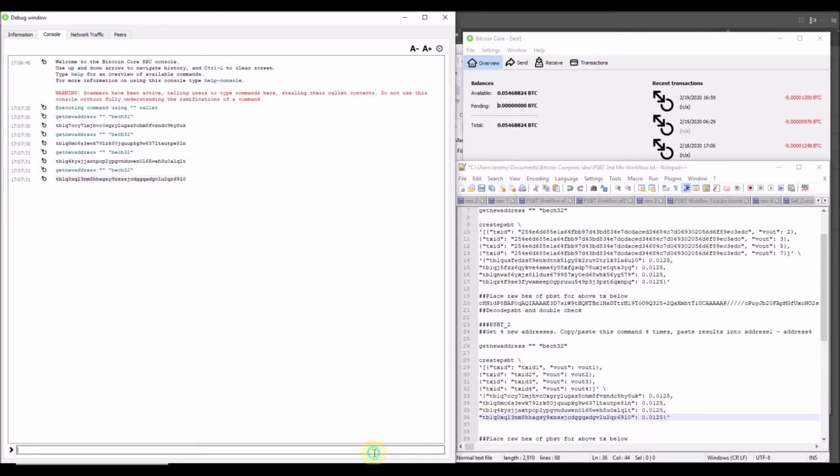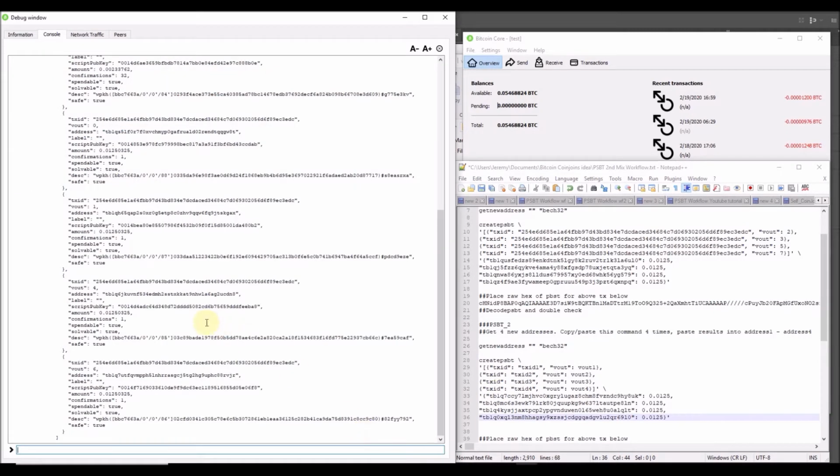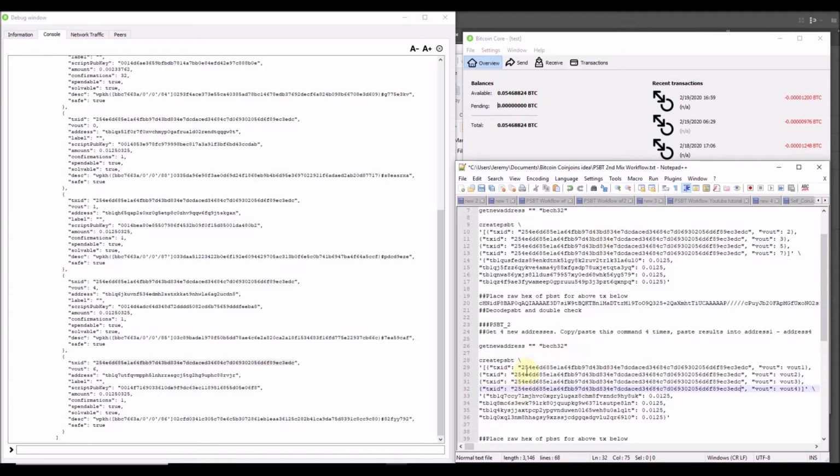Now we need to get our inputs, so we'll do list, enter. Again, we're going to have some inputs and outputs that we do want, some that we don't want. We only want the ones that are in the 0.0125 0.0325 amount. So they're all going to have actually the same transaction ID that this one had. So I could have cheated if I knew, but we wouldn't have known ahead of time. So we'll just go ahead, we'll paste our transaction ID in, since we know it's always going to be the same, and you can look at the first few and the last few letters, it's always good practice with these